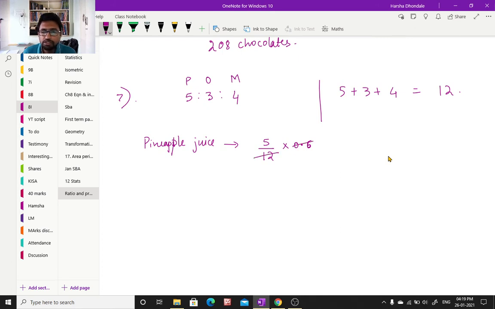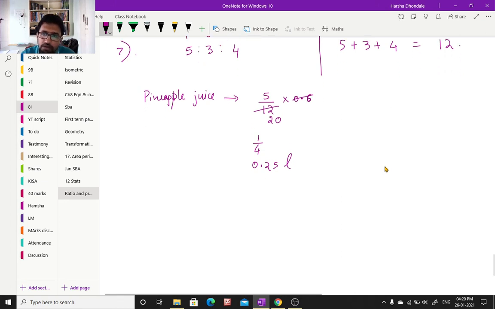So 6 ones are 6, 6 twos are 12, so 0.6 over 12 is 1 over 20. 5 by 20 gives me 1 by 4, and 1 by 4 is 0.25. So of the 0.6 liter juice, 0.25 liters is pineapple juice. Next,